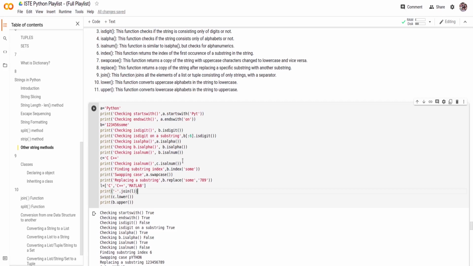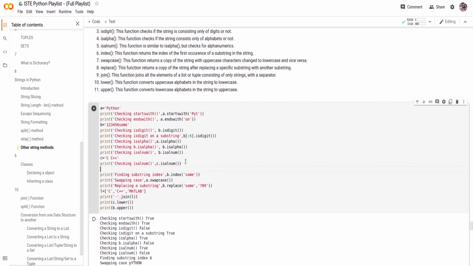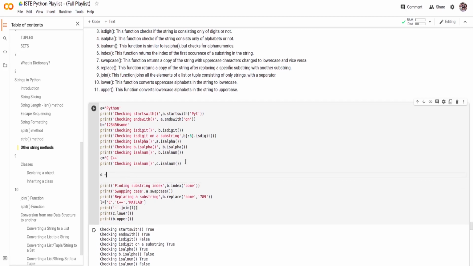Now there's another method, which is known as the index method. Let's say my string is "ISTE coding series", and I want to find the index of "series".